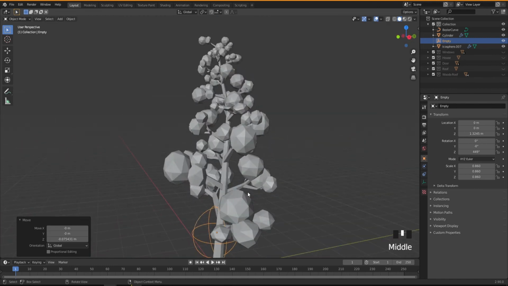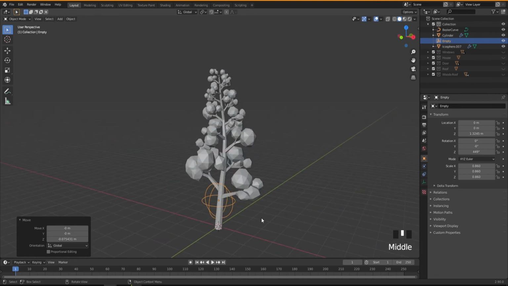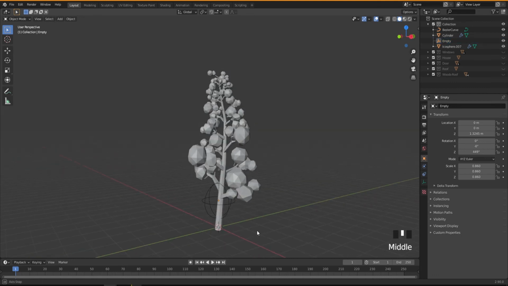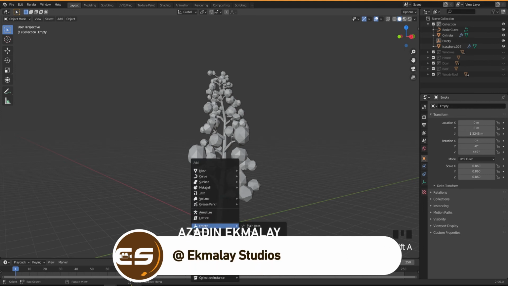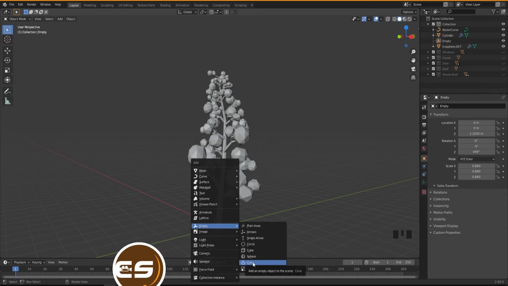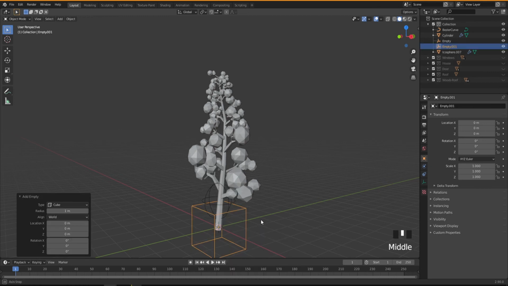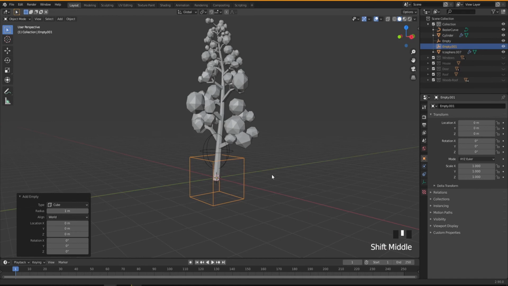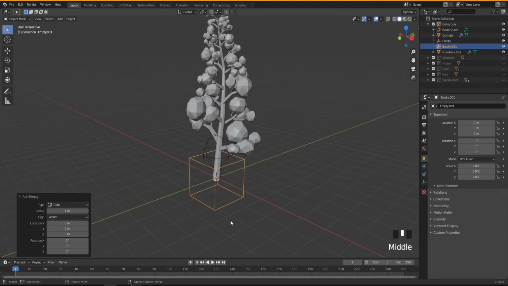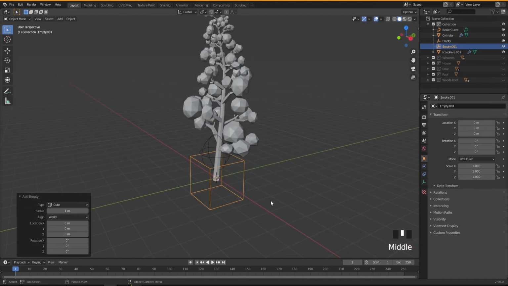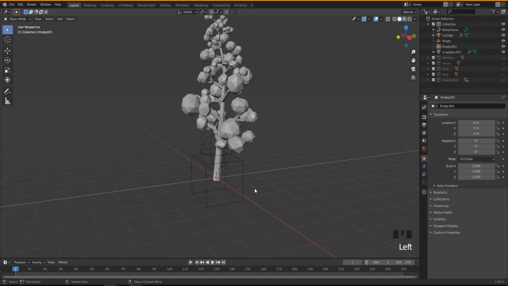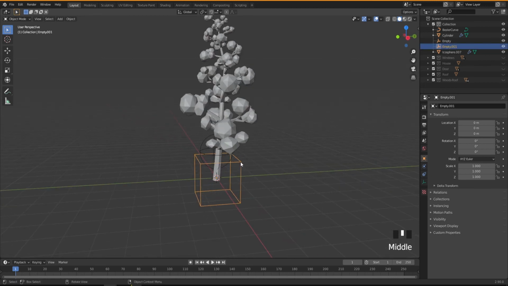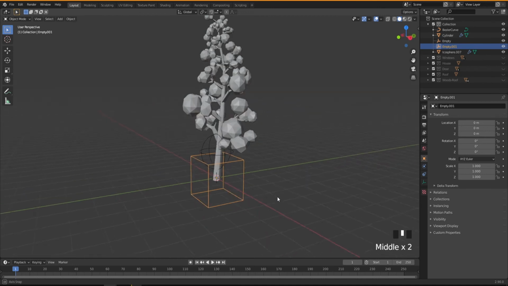That should be fine. Okay, so let me add another control, pressing Shift A. Sorry, it's just an empty, but because we're controlling everything by this one, I called it control, which is not the right name. I'm going to add another cube like this, and I'm going to keep the size big, so when you have another object and you have our ground, it's easy to see and select, because these are not renderable, so you have no problem with this one.